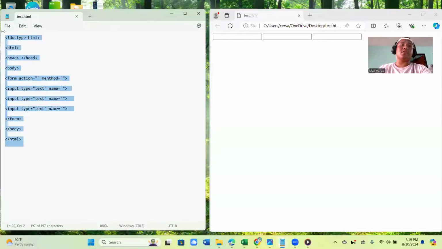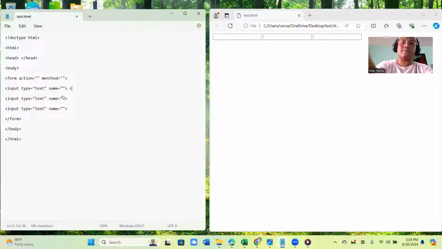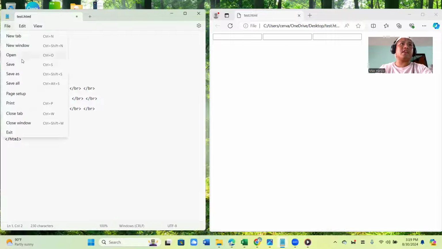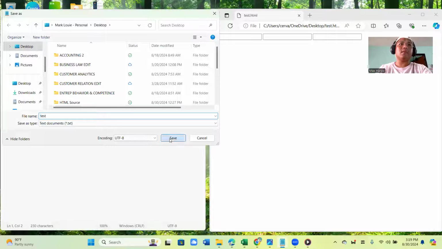If you remember, these were the codes or documents used with HTML, and this was the web page that we have used, right? Now, in order to add labels to that, let me add a line break so that they will go under each other. So if we save them, that's the HTML.